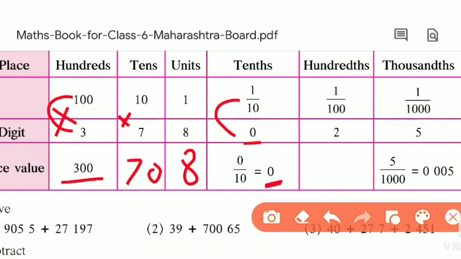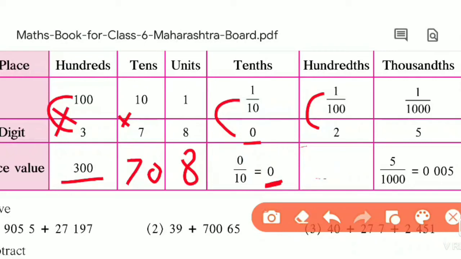Okay. Now next, which place is it? That is the hundredths place. So for the hundredths place, what do we have to do here? This is the multiplication of these two. What will the multiplication be? 2 upon 100. What is the meaning of 2 upon 100? First of all we have to write 2. How many zeros are there on 1? 2 zeros are there. So leave 2 digits from the back side and give the point. So 0.02 is its answer.